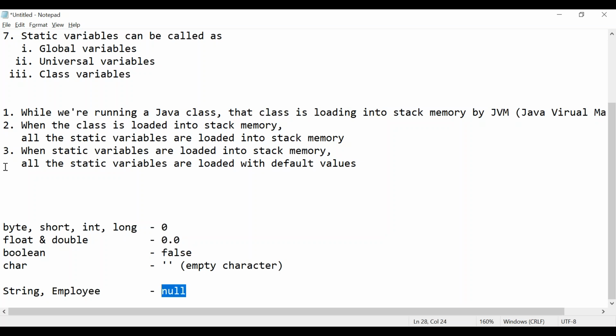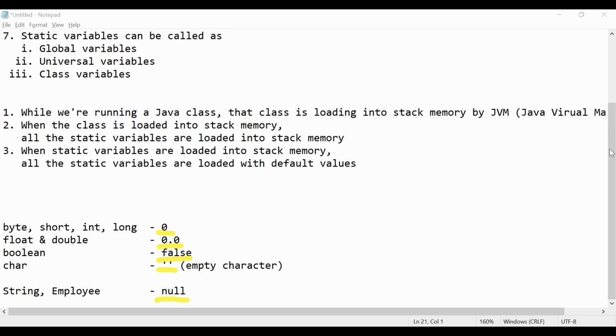So the default value for derived data types is null, whereas for byte, short, int, long, the default value is 0, float and double default value is 0.0, boolean default value is false, character default value is empty character.